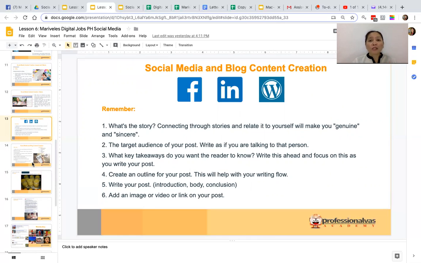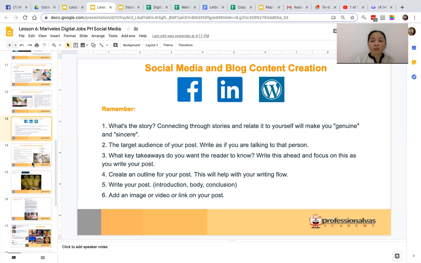And then tell them stories about you, about the company, about the people that you work with, about your mission, your vision, and your goal for the company. Make sure that you target the buyer persona that you pictured, the buyer persona that you created in the previous video. And then for your post, make sure that it's consistent.